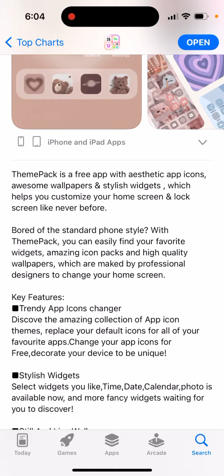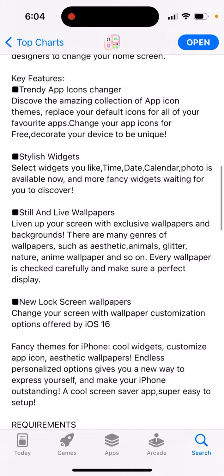If you're bored of your standard font style, with ThemePack you can easily find your favorite widgets, amazing icon packs, and high quality wallpapers. So yeah,